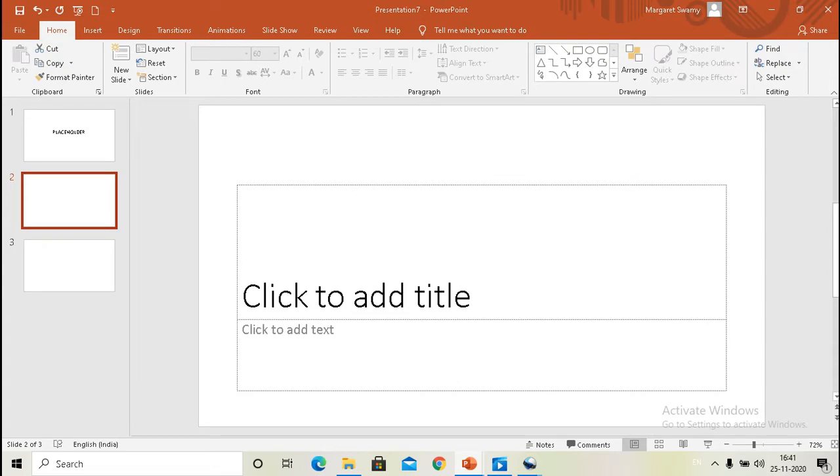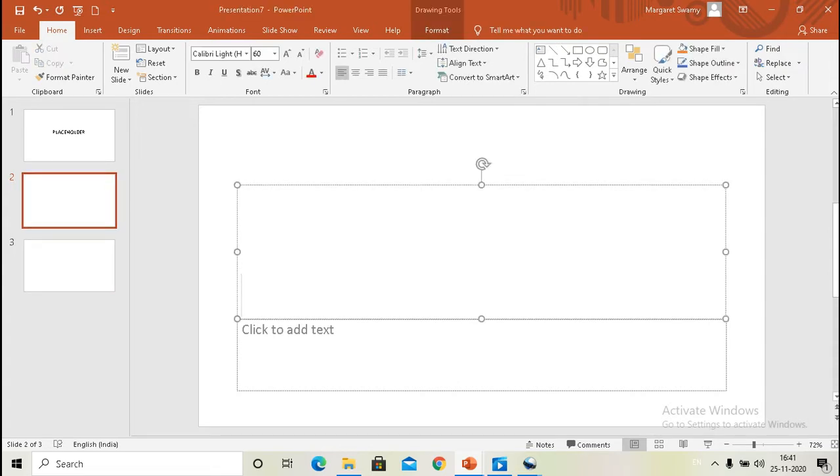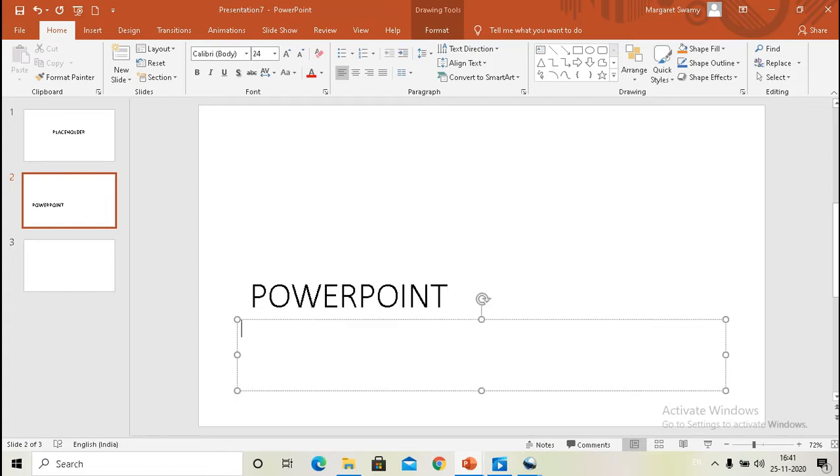Now let's type some text here, for example PowerPoint. Similarly, in the subtitle of the placeholder, you can type anything. For example, I'm typing Class 4. Now children, observe it has taken some font which is set by that theme.